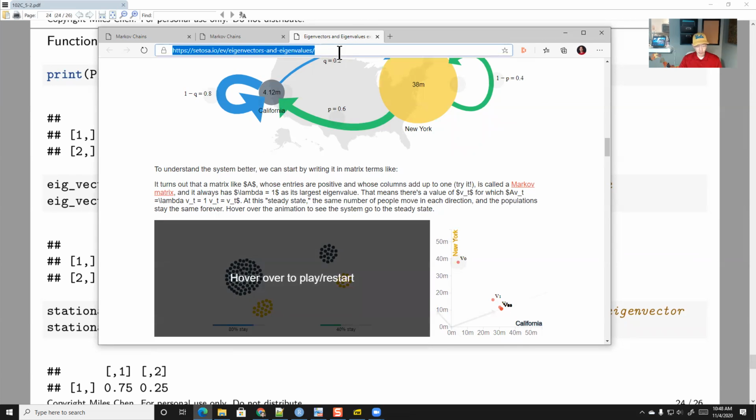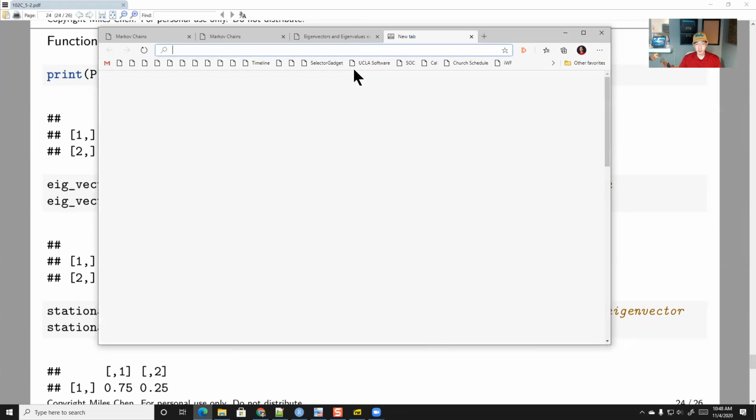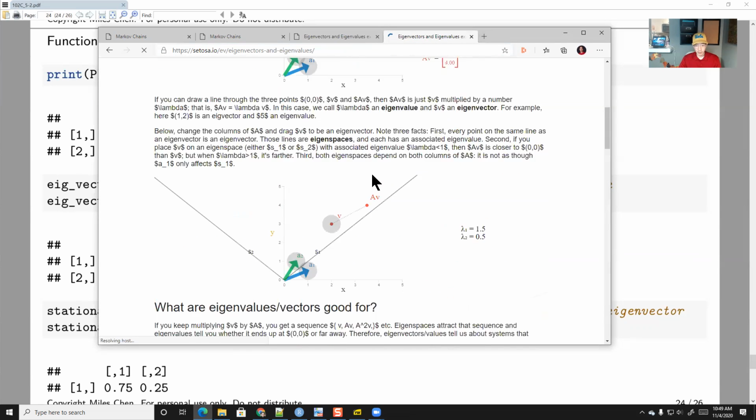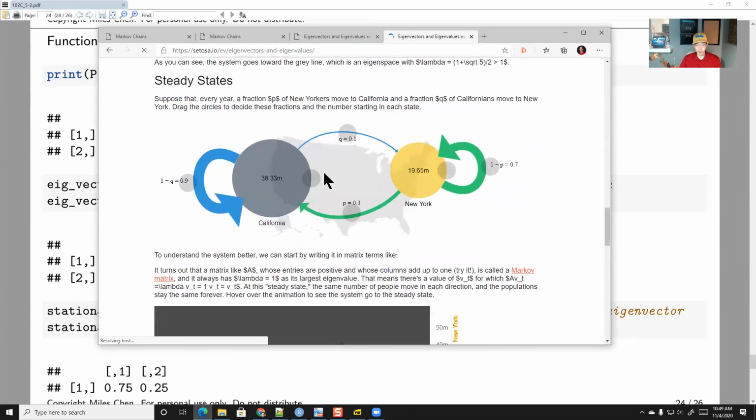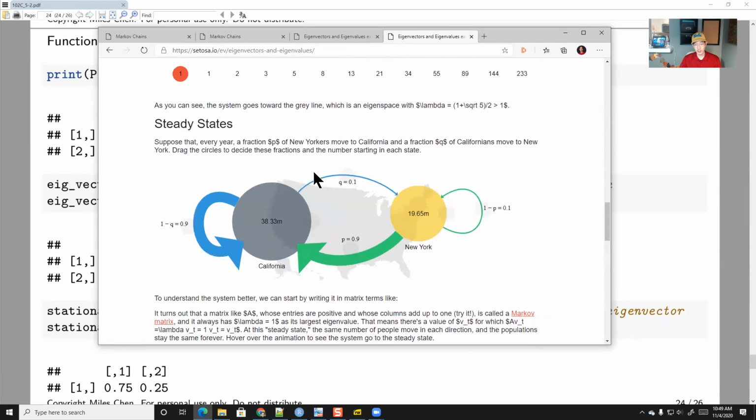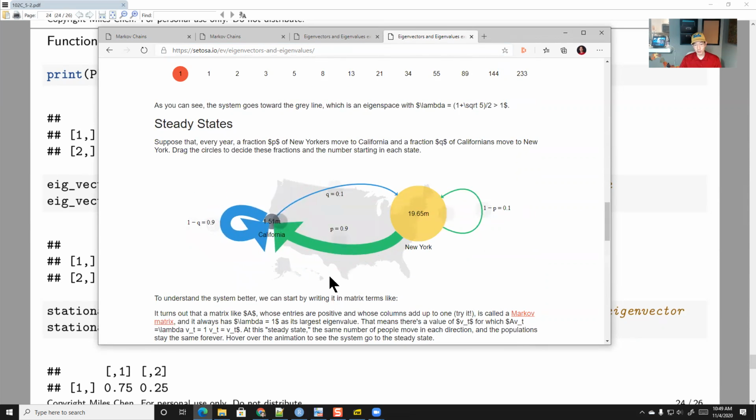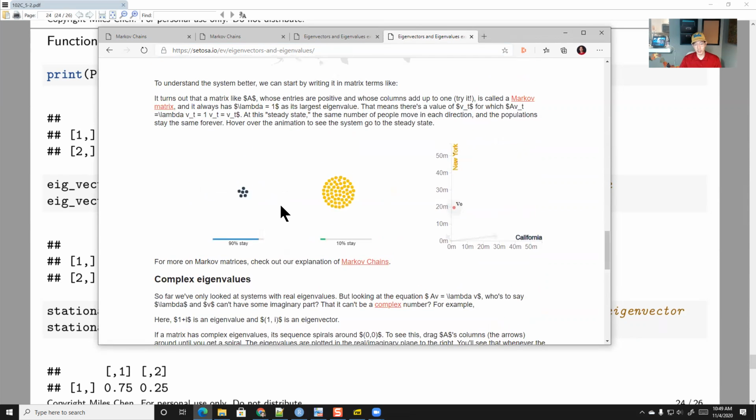Okay. Let me see if I can mess with this and just change, okay. So here we're going to say only 10% of Californians go to New York, but 90% of New Yorkers go to California. Okay, so let's just shrink this down like this. Okay, and let's just see what happens. So we're bringing 90% of New Yorkers back to California, and then here we can see